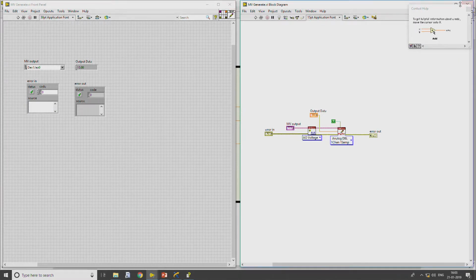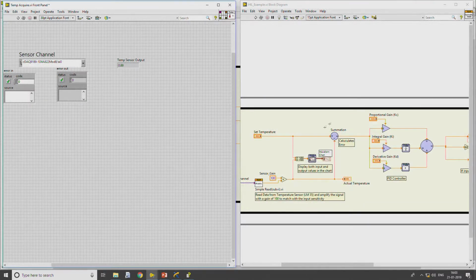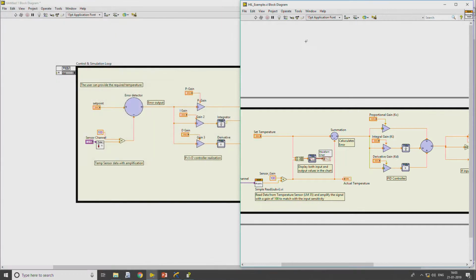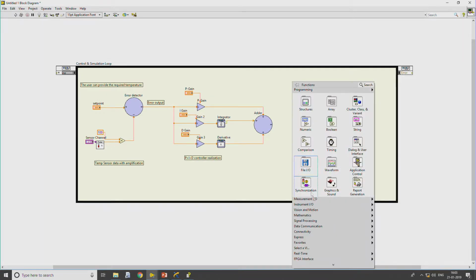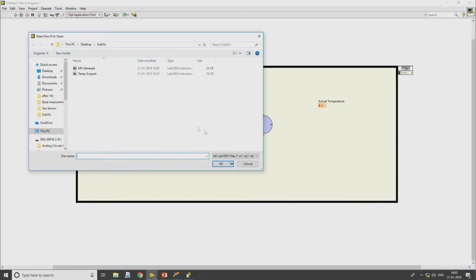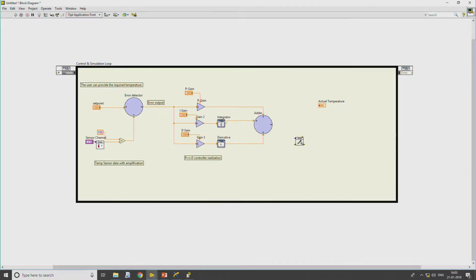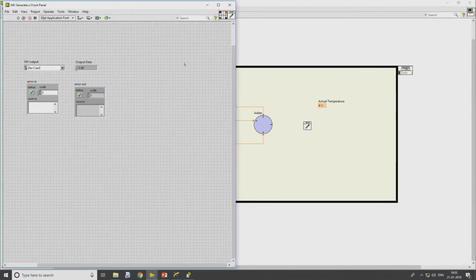Now this is also done, but this has to be interfaced, this has to be called in the main VI. I will create a sub VI, I will select a VI, which is MV generate, I connected it here. The output, whatever it is being generated, has to be sent to, oops, so this is output data. This is an input, which should be connected at this point. Control S.